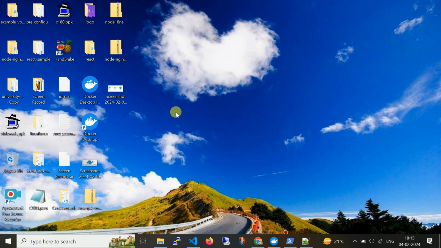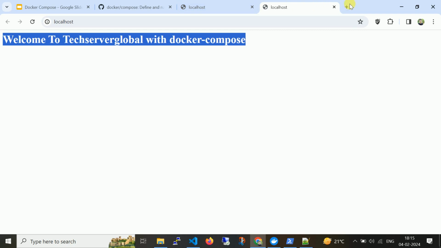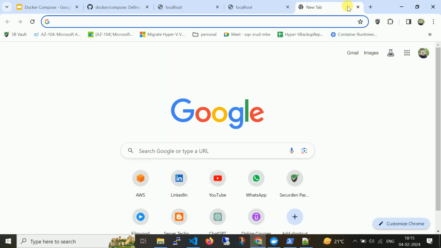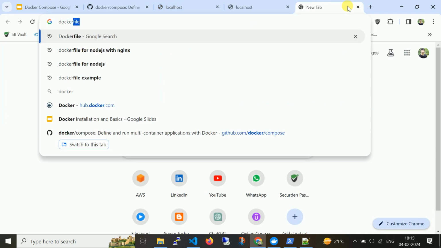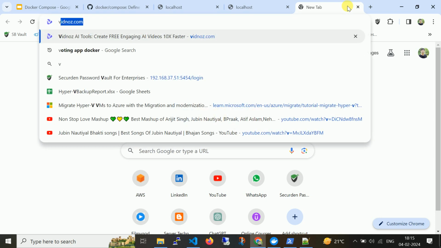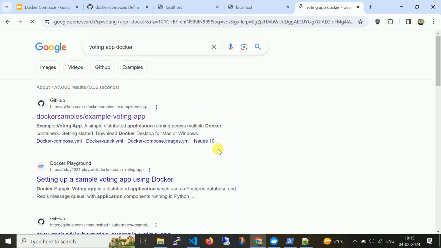Also, if you want to learn a more complex project, there is a project available, the voting application, voting app.